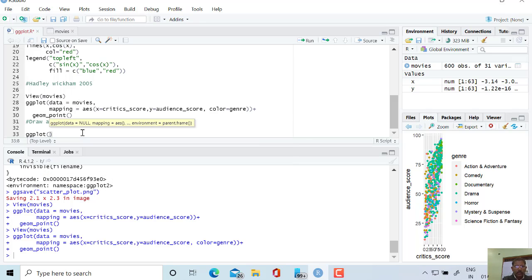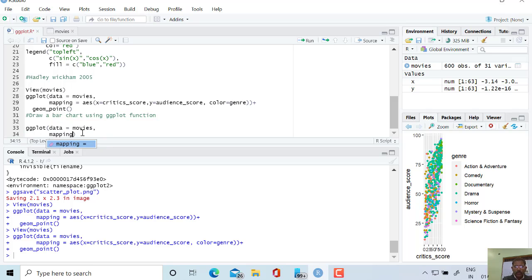ggplot, in the same manner which I have done before, data equal to movies, and again mapping equal to aes. Inside aes mapping x, in the previous case x and y were critic score as well as audience score.